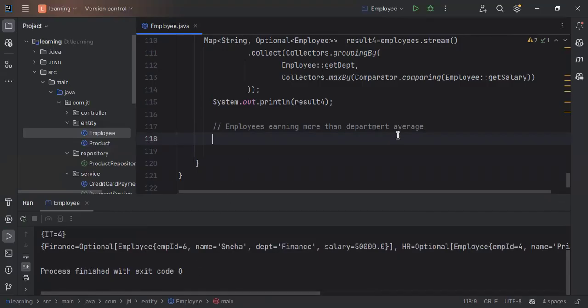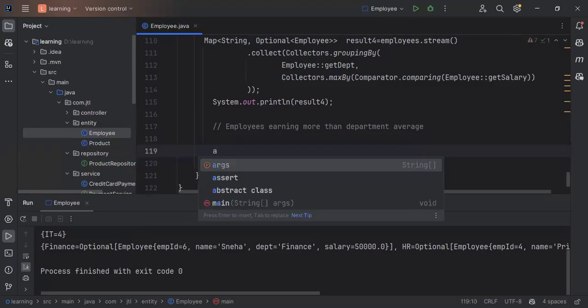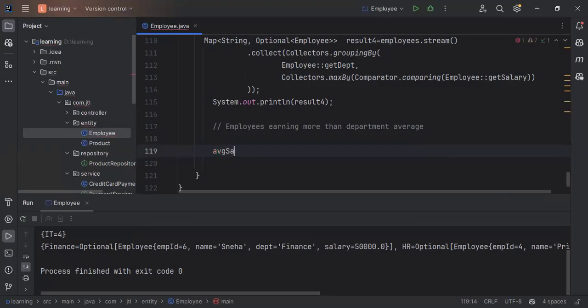So let's go into the next question, which is employees earning more than the department average. How can we get the employees earning more than the department average salary? So let's begin with the average salary. We will take the average salary first, equal to employees dot stream